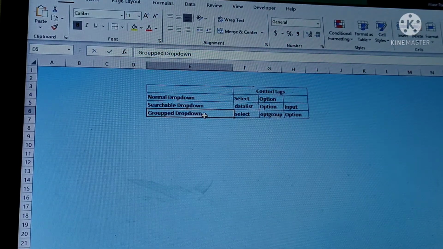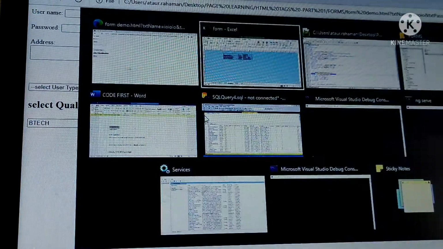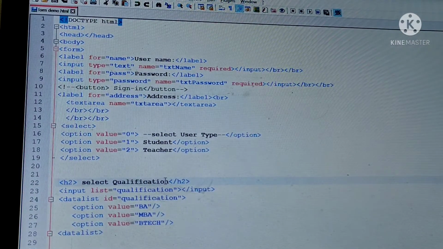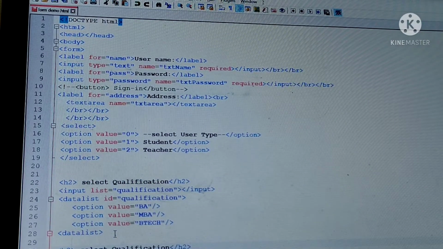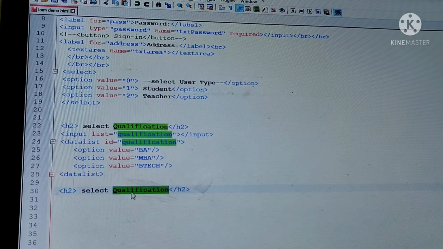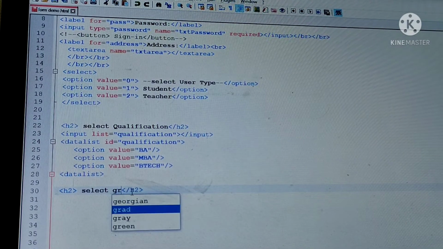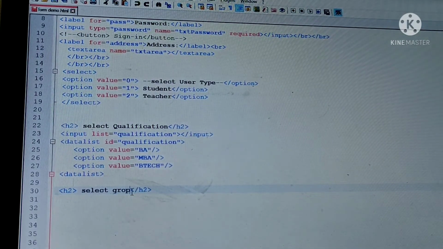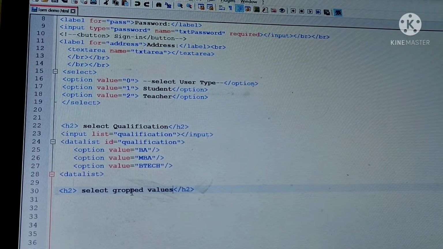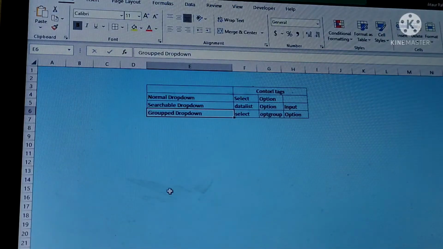In that scenario we might use group things. I will now show how you can do that. For that, we need to select